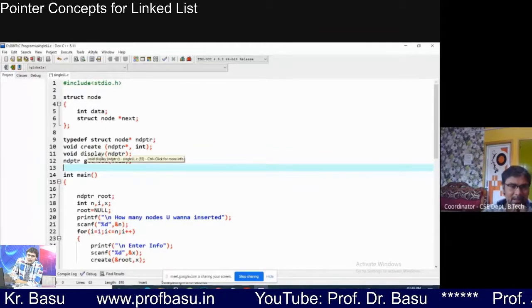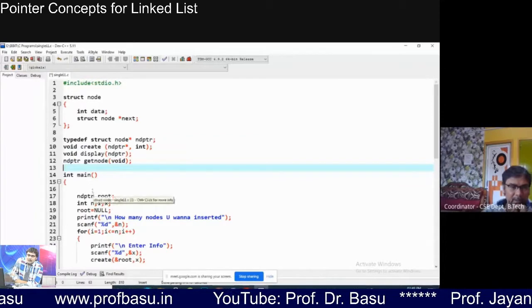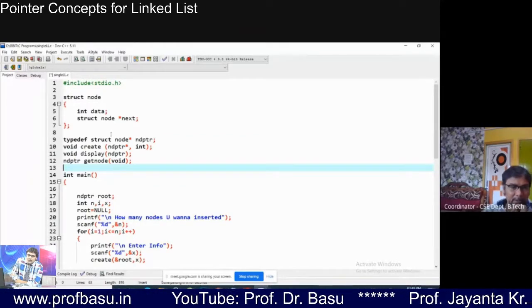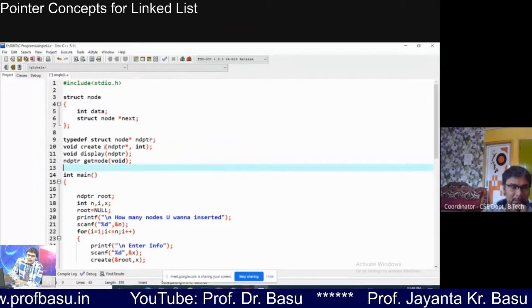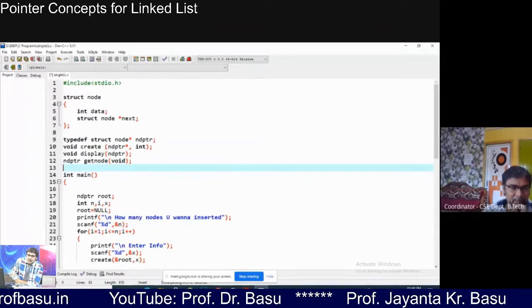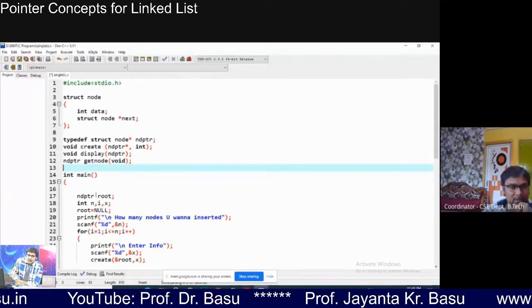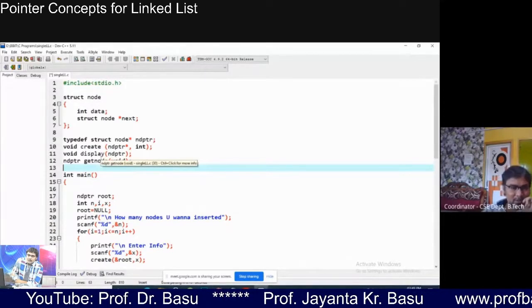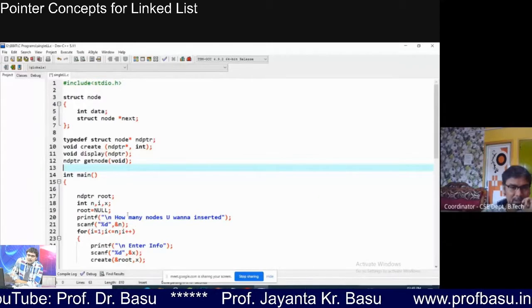This create and display will be called from main, but getnode will not be called directly from main. It will be called indirectly, by the create function. Like main calls all the functions, any function can call another function, right? So here getnode is called by the create function, as you will see.